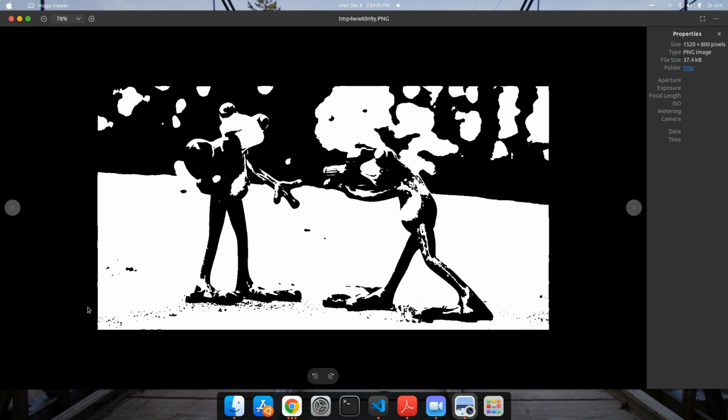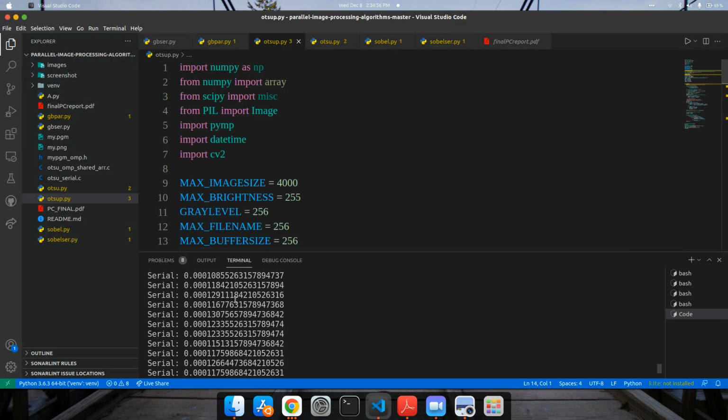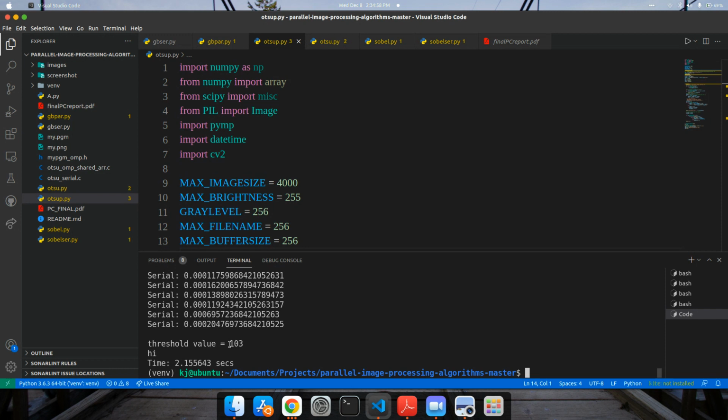It separates the foreground and background of the image using the optimal threshold so that the spread will be minimum. I've got a threshold value of 103, and the time it took to execute the code in serial implementation is 2.15 seconds. Let me run the same algorithm using parallel implementation.